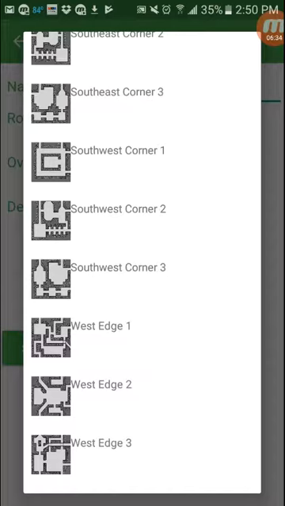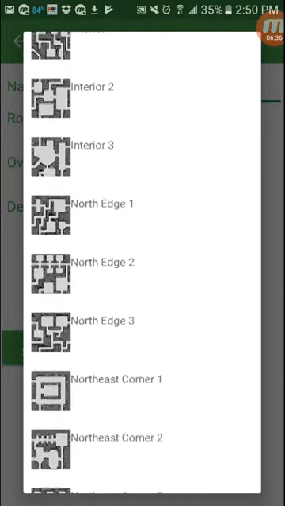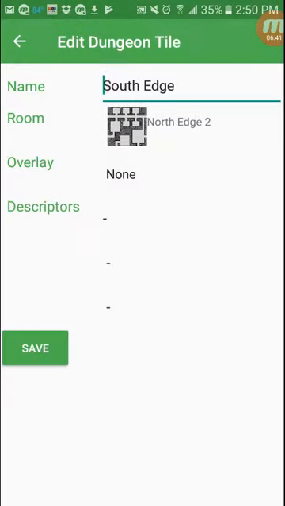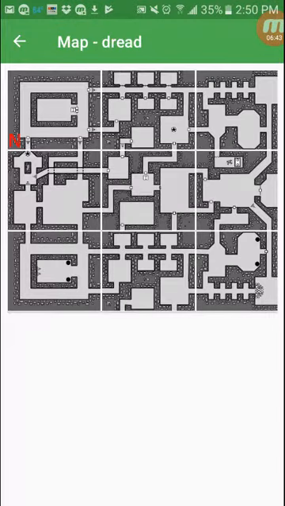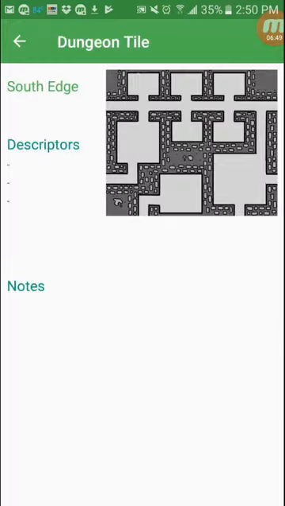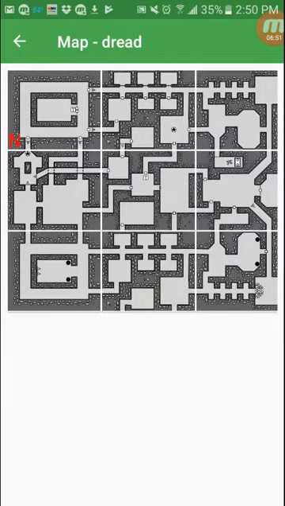I'm switching that bottom tile out with this north edge tile, and maybe these are entrances. These bottom parts here are entrances into the dungeon now. Anyway, so this is the auto-generating, procedurally generated feature of the dungeon element of the RPG